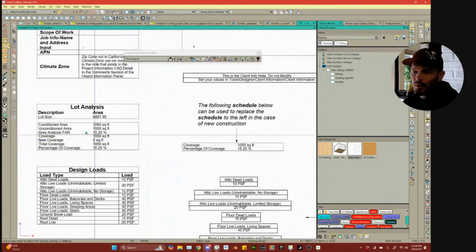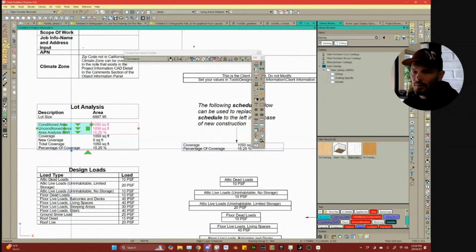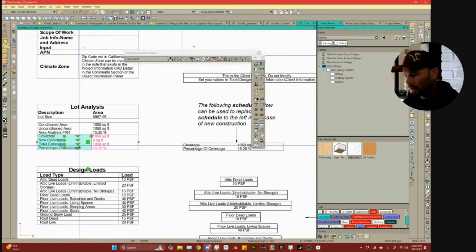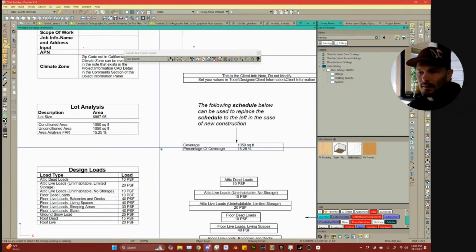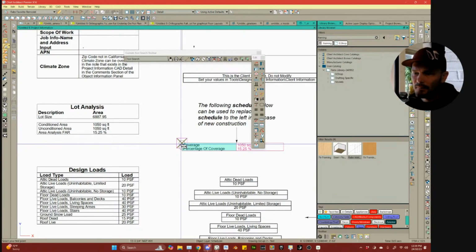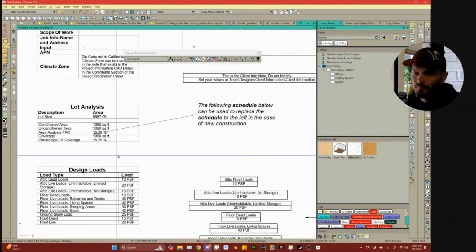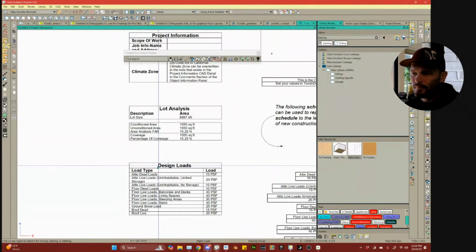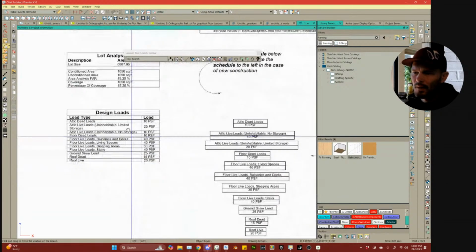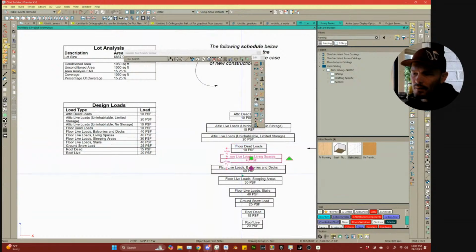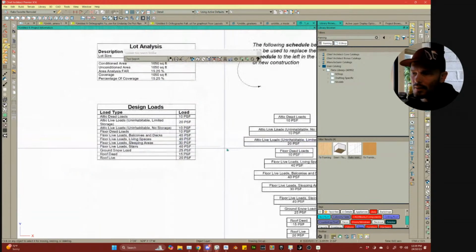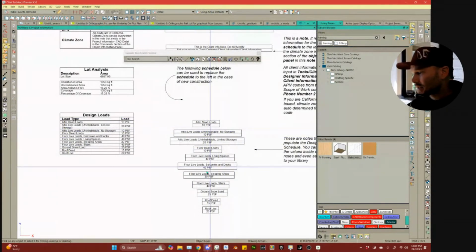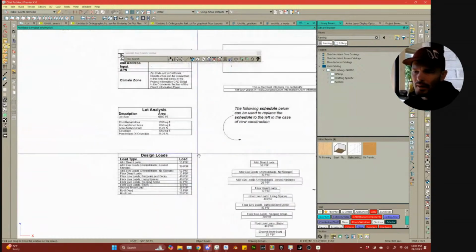If you're new construction, all I would expect that you do is take this coverage, which is just a schedule, delete it, take this coverage here, point to point, bam. That's new versus existing, right? So real simple. Design loads are just notes that it's building the schedule here. So you can add more notes to this, add them to your library if you want, and that will update